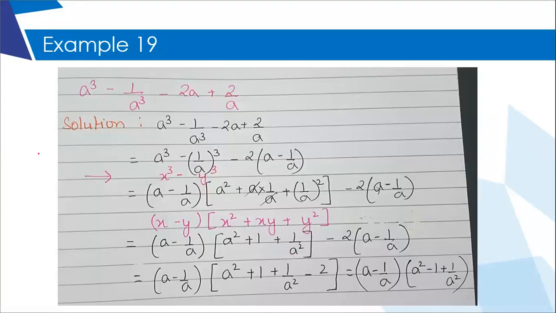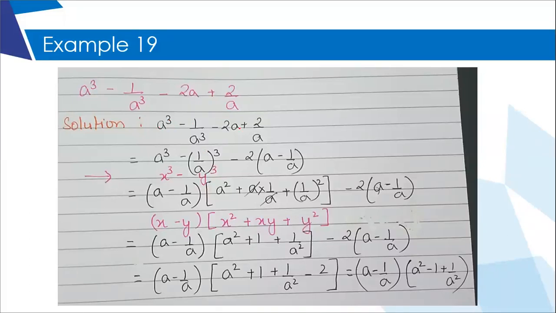This is the next question, which is very, very different. Please pay attention. a cube minus 1 upon a cube minus 2a plus 2 by a. There are 4 terms. So you need to do something to apply the identity. So what I have done is,